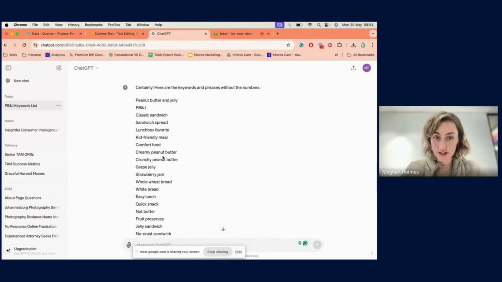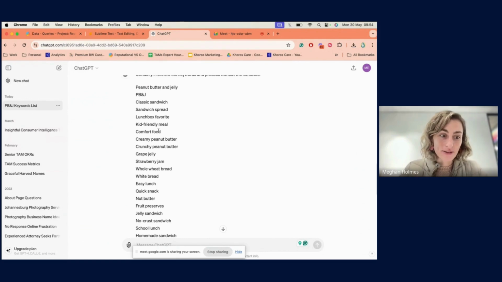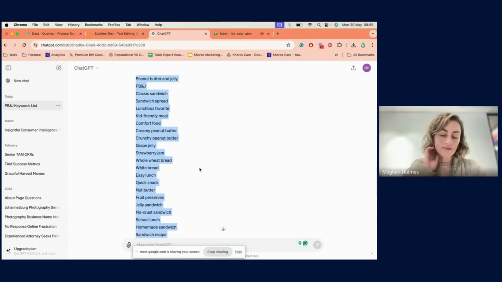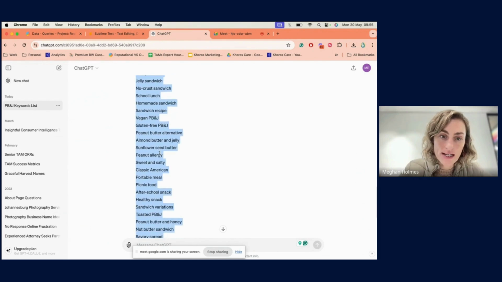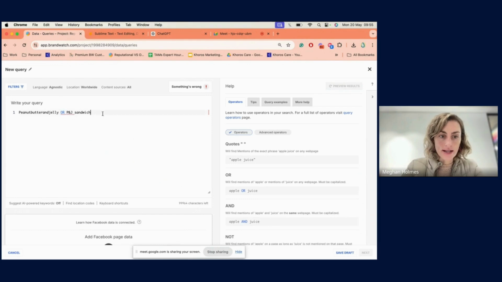Let's say I'm using ChatGPT to just give me key phrases in and around peanut butter and jelly sandwiches. Let's say you're building out a very big, robust query for peanut butter and jelly sandwiches. Now there are many ways that individuals on the internet can refer to this very specific industry topic. So you want to get a lot of keywords and phrases in and around the industry that you are researching. So this is quite a long list. Instead of me now typing out peanut butter jelly or P&J sandwich, so instead of me typing out all these keywords,